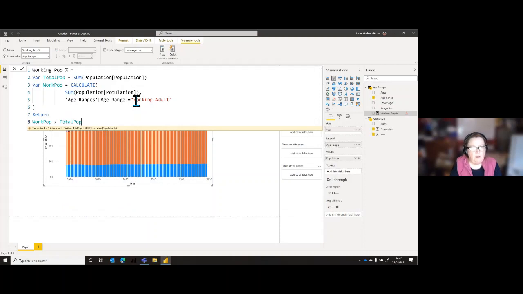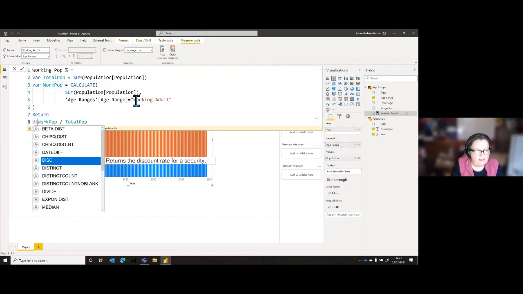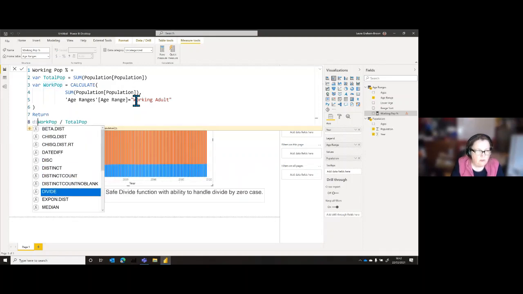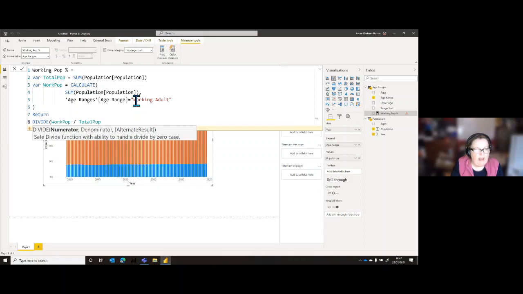Now, that's going to work fine, but if you are dividing and there is any possibility that the divisor is going to be 0, it's better to use a function called divide, because divide will stop the errors happening. The numerator is the top number.